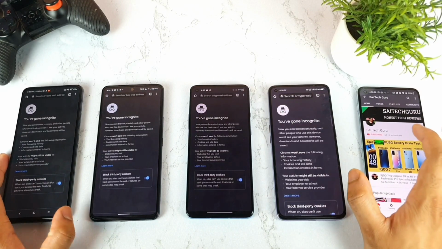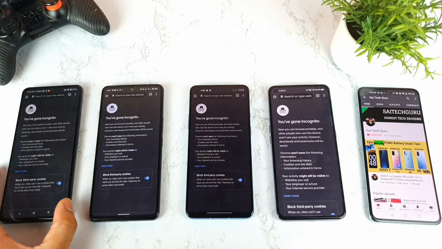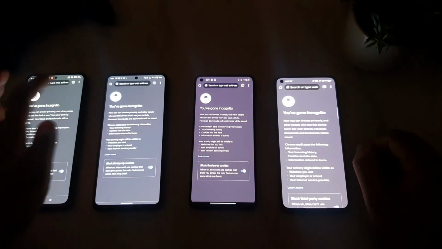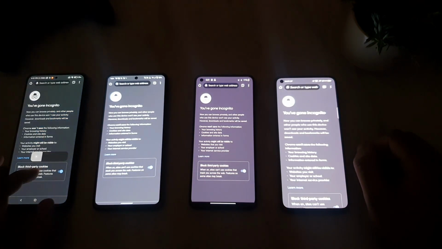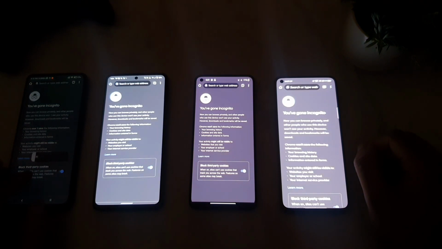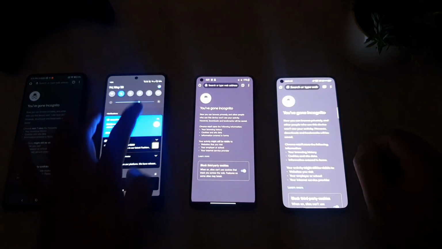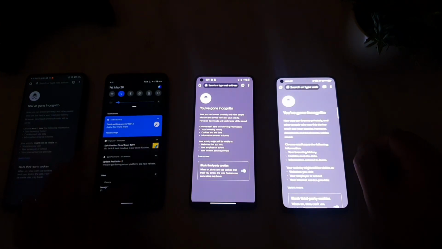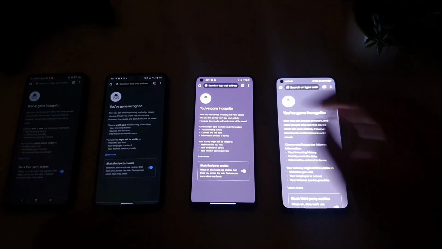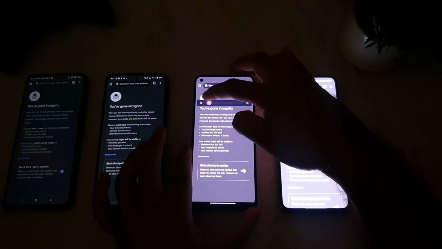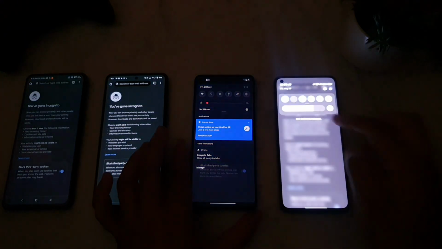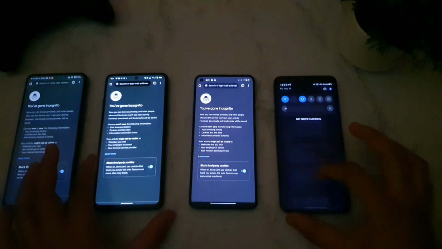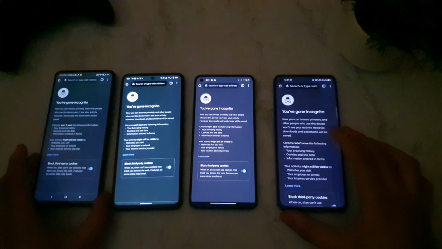Let me quickly turn off the lights and decrease the brightness in all four smartphones. As you can see, friends, these are the four phones, and let me slightly decrease the brightness to 10% and keep it ready for you all. I'm decreasing the brightness one by one in all four smartphones. Let me do the same thing in the OnePlus 9R as well. I'm trying to keep it close to 10% so you know exactly what the green tint problem is. As you can see, friends, all four smartphones.